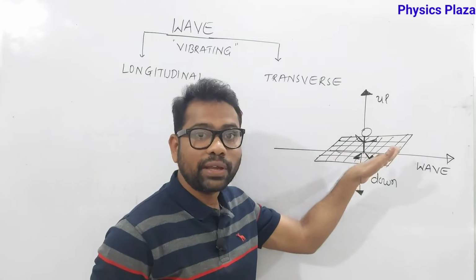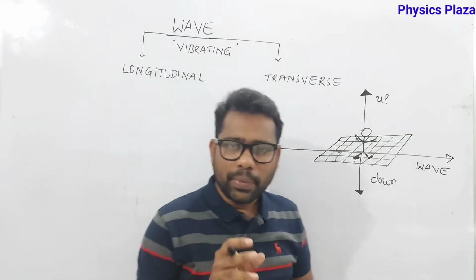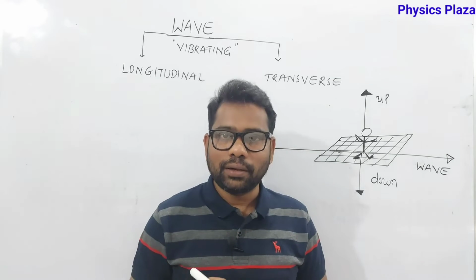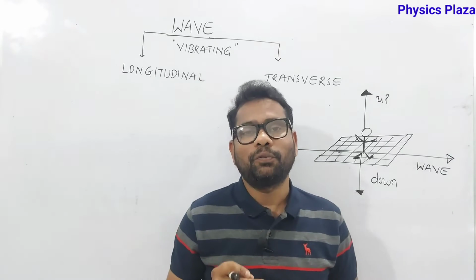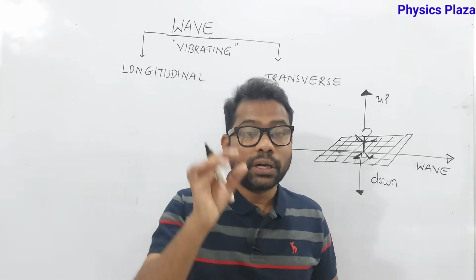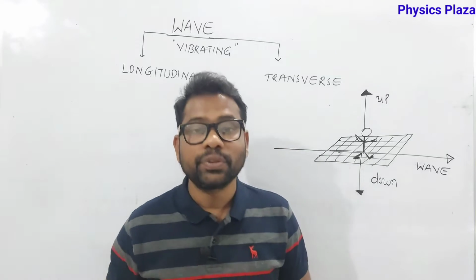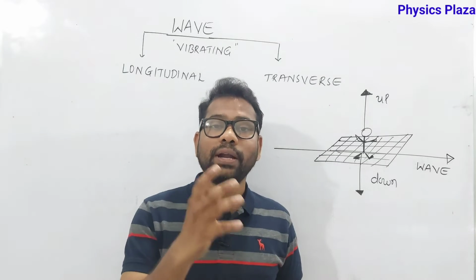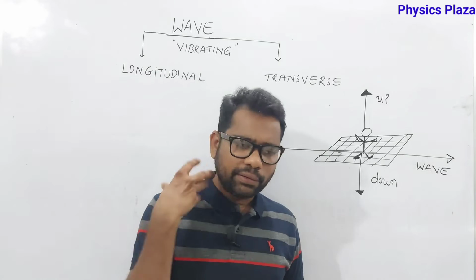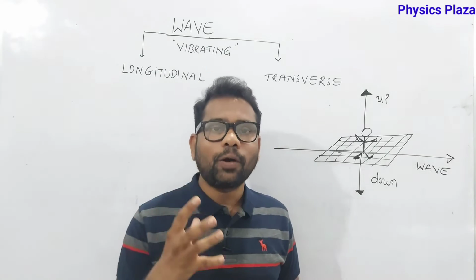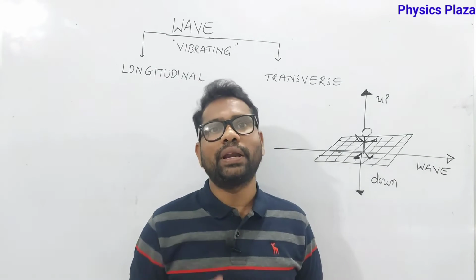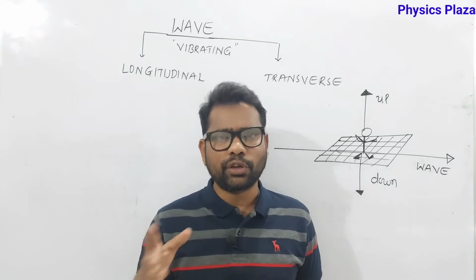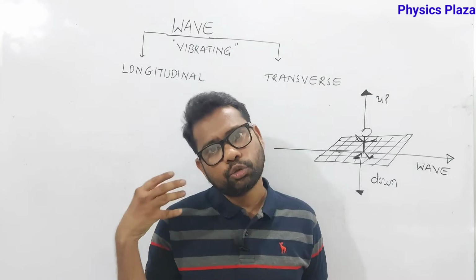The resultant wave we can call a transverse wave. Means in a transverse wave, children, the molecules of the medium vibrate up and down, which means what? Perpendicular to the direction of propagation of the wave. Children, this is very, very important. What is a transverse wave? Whenever the definition is asked, just recall how the molecules of the medium vibrate. Please don't learn it by heart, children. If you learn by heart, chances are you will forget.